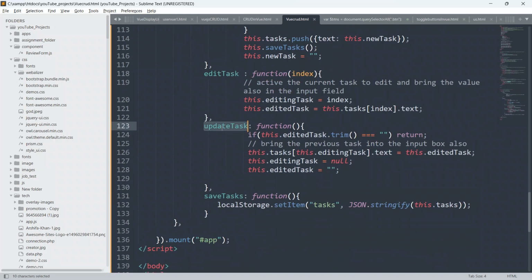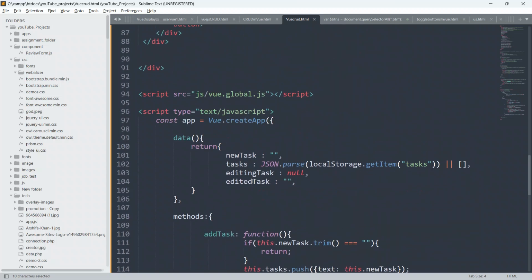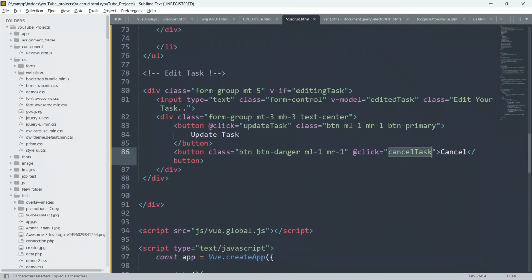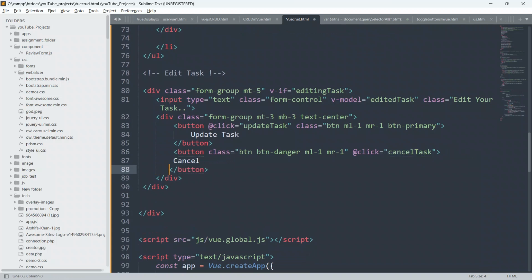So update task. Let me just define the method also, cancel task. Just copy the method from here, cancel task.